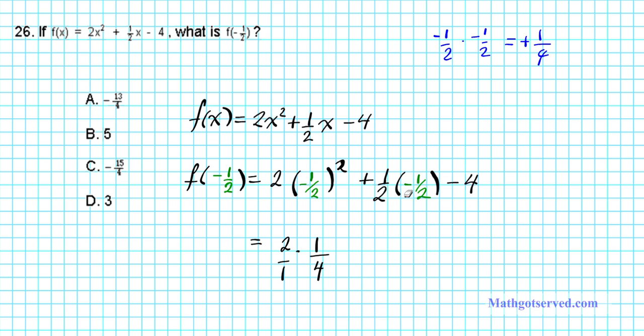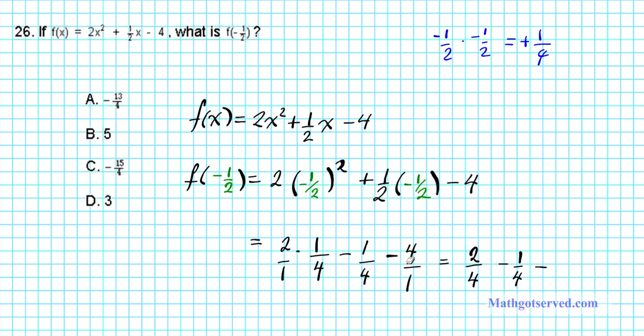Over here, we can just multiply across. When you're multiplying different signs, you always end up with a minus. And then when multiplying fractions, numerator to numerator, 1. Denominator to denominator, 4. 2 times 2. Okay? And then minus 4, we can express that as a fraction as well. So let's simplify this. This can be written as 2 over 4. We multiply across, 2 times 1 and 1 times 4, minus 1 over 4 minus 4, now I want to ensure